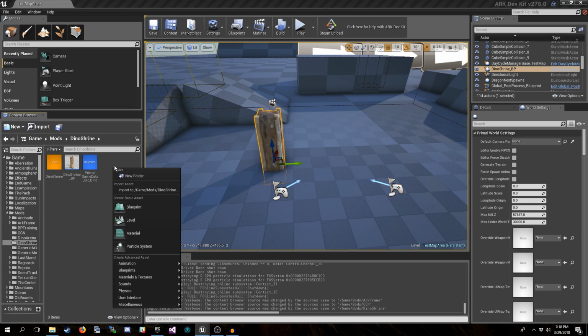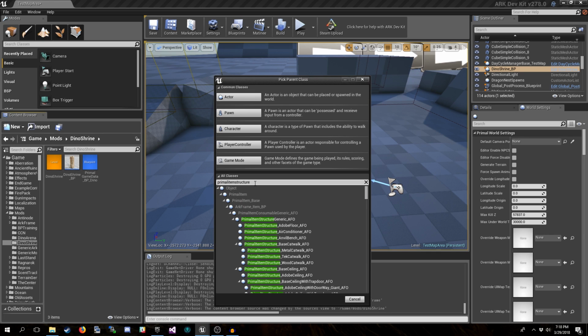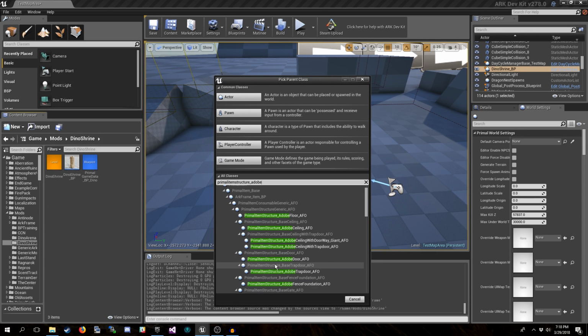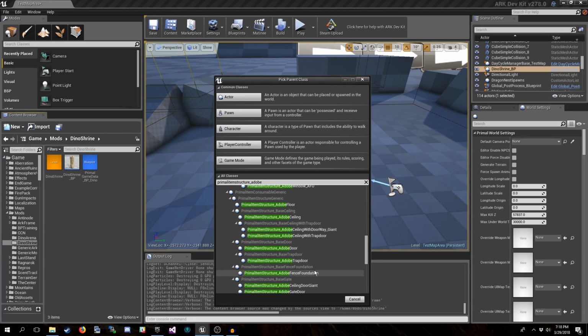The first one is a primal item structure BP. Okay, so we go primal item structure, Adobe pillar. Nope, these are for a different one. Adobe pillar. Primal item structure, Adobe pillar.